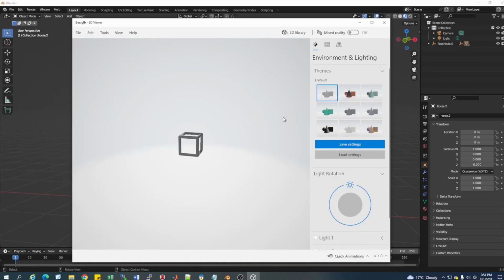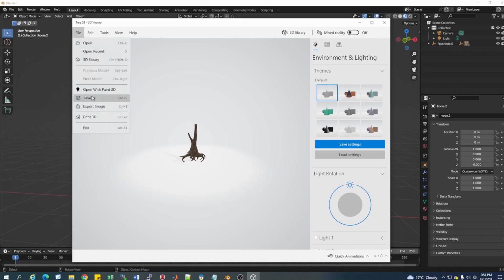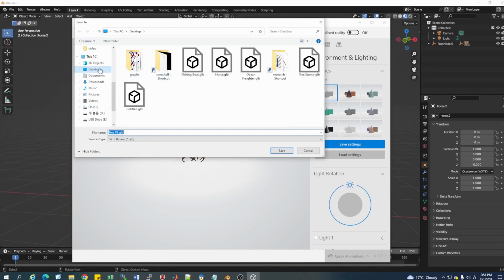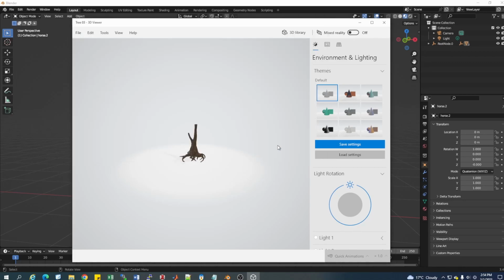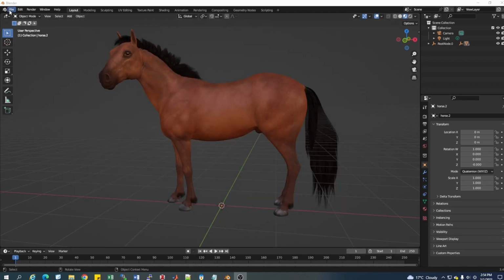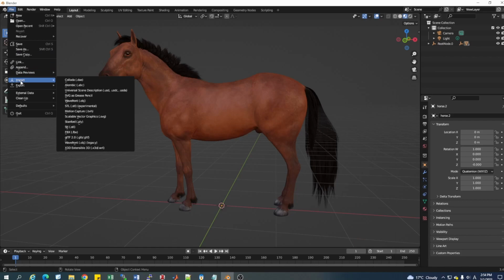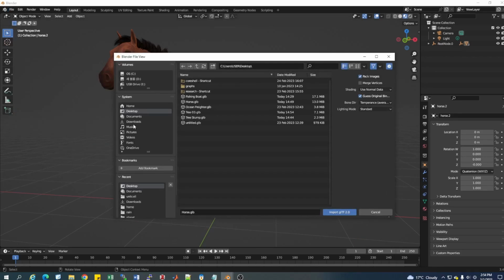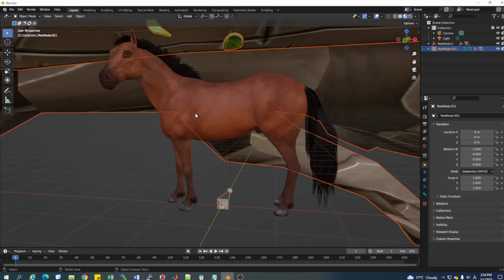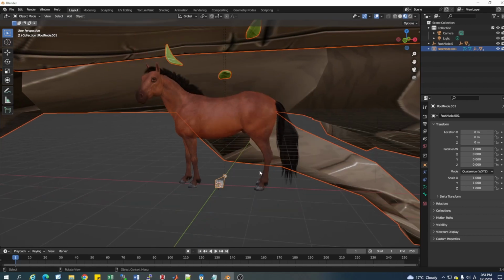Just select any file, for example this file, and save the file on your PC. So just save it anywhere. After saving it, just go in the Blender to File, Import, and import the GLB format file, and this is the file which we saved on our PC. Just open it, and